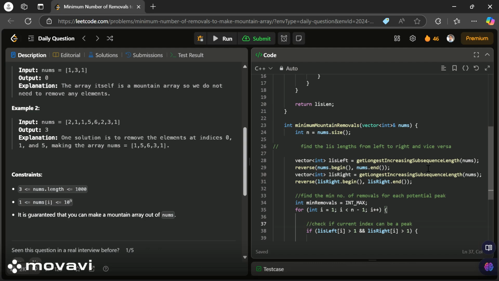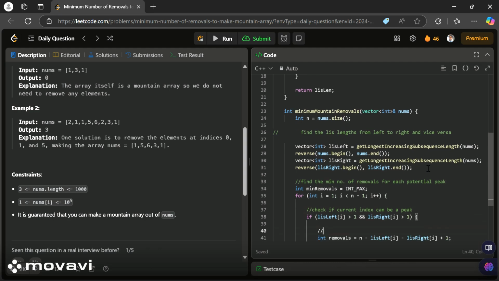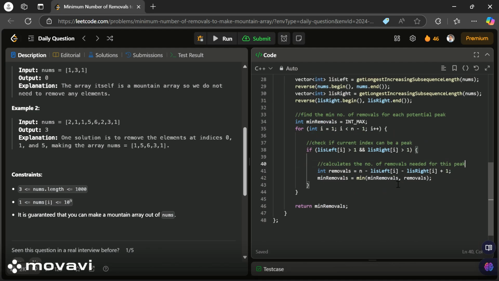Conclusion. By effectively utilizing the concept of longest increasing subsequences from both ends of the array, we can efficiently determine the minimum number of removals to form a mountain array. This problem demonstrates a classic dynamic programming approach and highlights the importance of recognizing